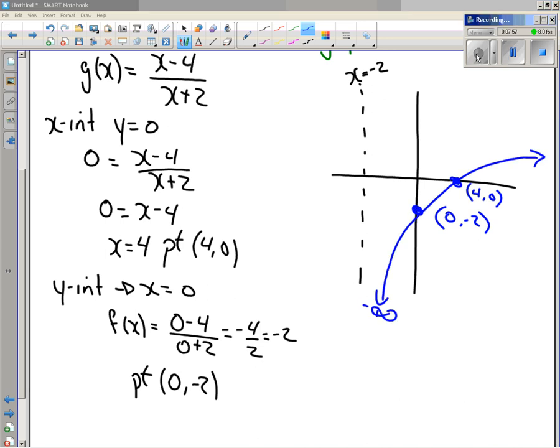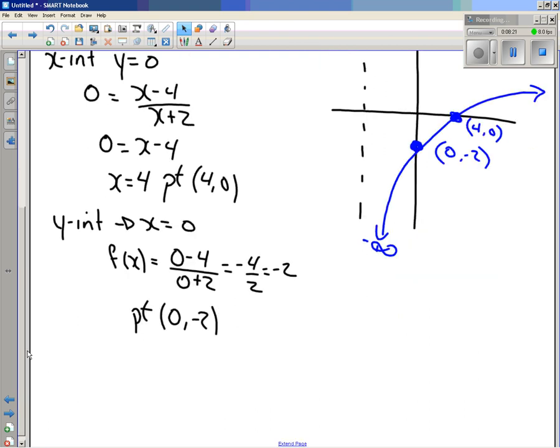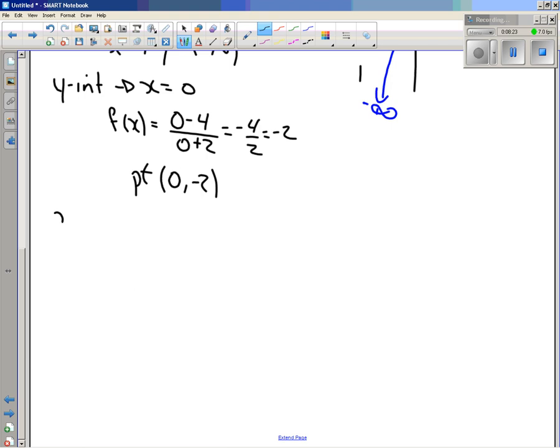So once we get the x and y intercept, we plot them on our graph, and just based on what we know about how these graphs behave, we should be able to figure out that our end behavior is going to be positive, and as we approach our vertical asymptote from the right, it should be heading towards -infinity. So we can do those. Those are a nice little check just to make sure that what I'm getting is going to make sense. So let's see what actually happens when x approaches